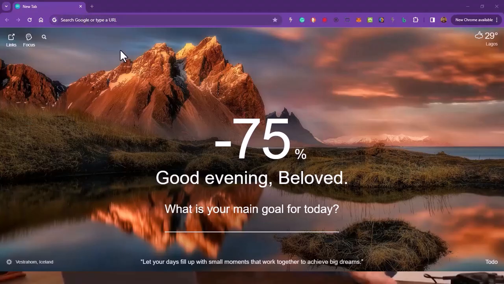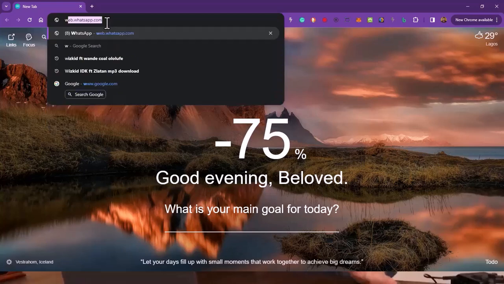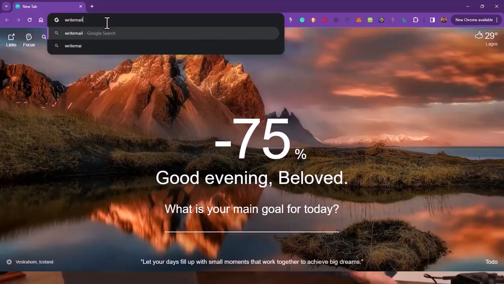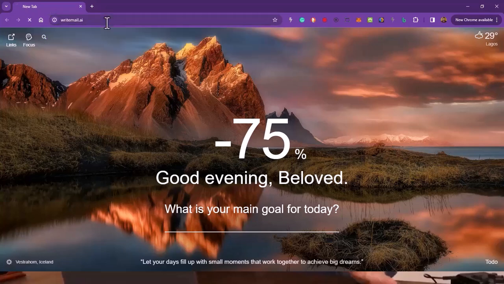Welcome back to this course, and we're going to try and talk about writing a mail. We're going to explore our first AI tool, which will be writemail.ai, and we're going to use it to write our first email, and that's what we're going to do right away. So I use writemail.ai to write a personal email. You can write a business email with this, but this is just a way to show you that you can